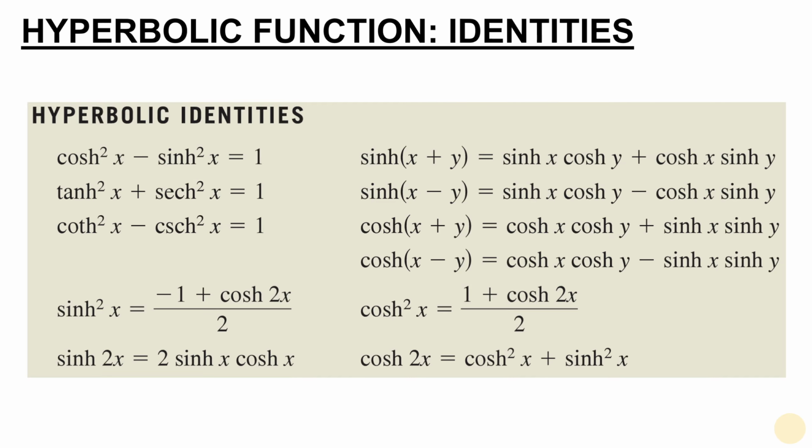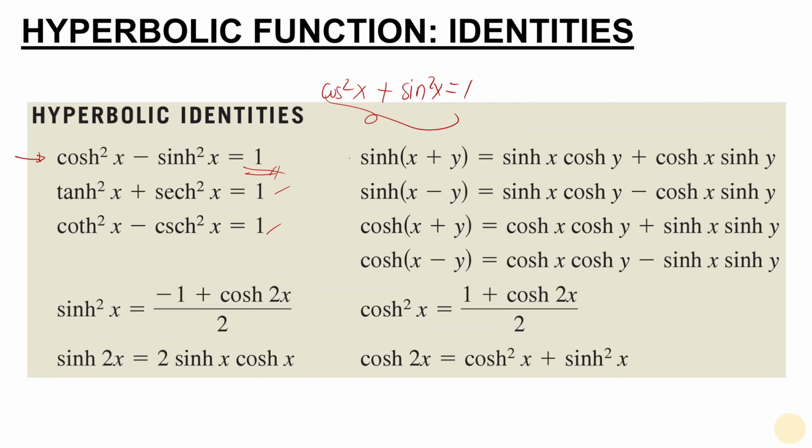These are the hyperbolic identities, which are quite similar to the trigonometric identities. But of course, there are obvious parts here that are not the same, though they are similar. If you remember, for the trigonometric identities, we have cosine squared x plus sine squared x is equal to 1. However, in our hyperbolic identity, we have a minus here. The hyperbolic cosine squared x minus the hyperbolic sine squared x is equal to 1. And then you just apply it to the following, and we'll get this one there.